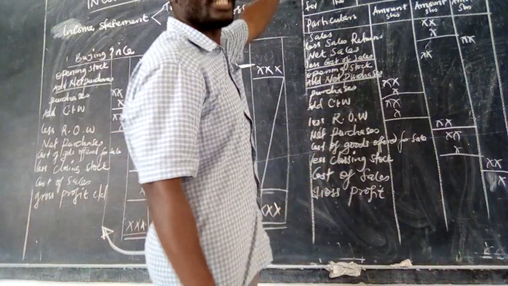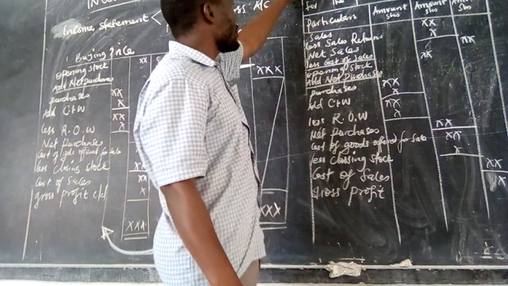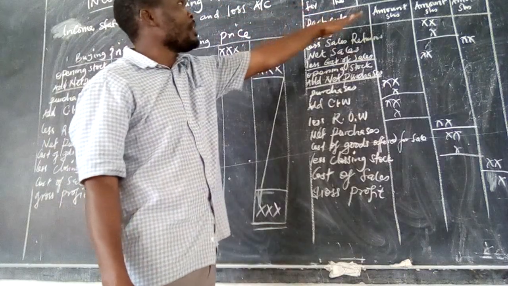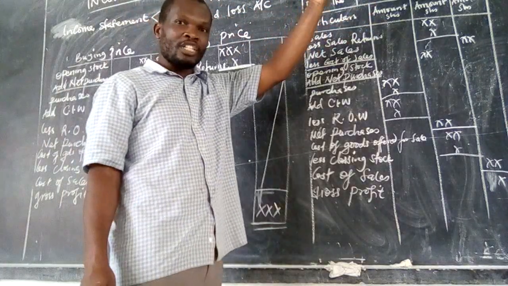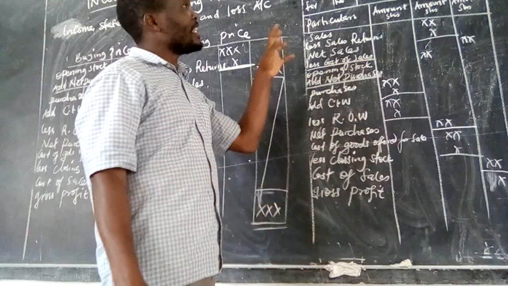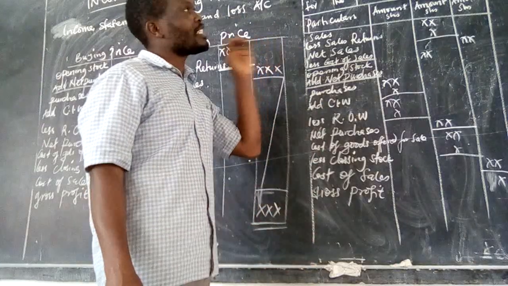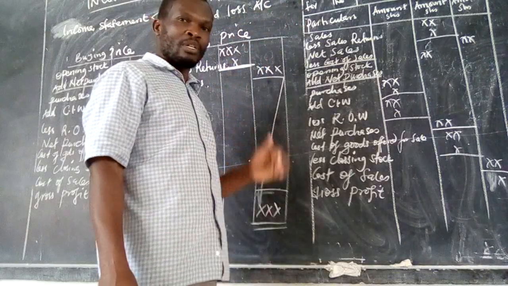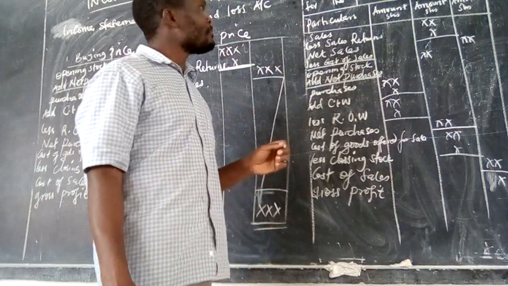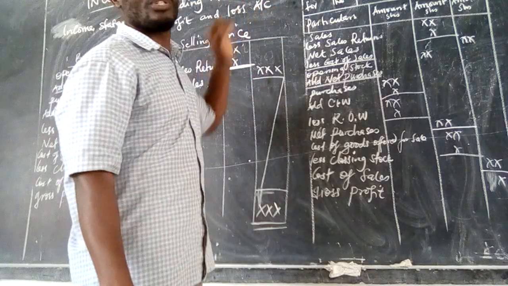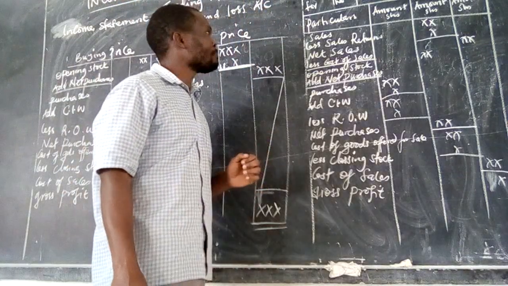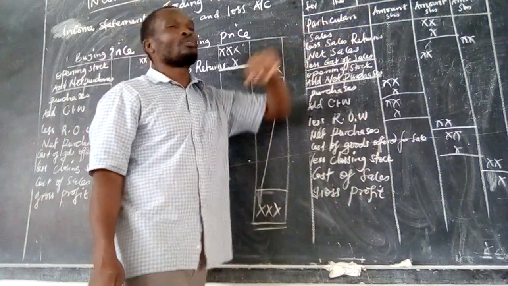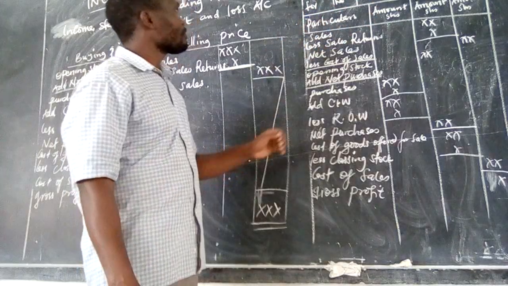So I wrote the title of this particular business, maybe Sendme income statement for the period ended. Remember, in our previous sessions, we said make sure that the title has 3 lines. The first line, name of the business. The second one, the document you prepared. That's the income statement. The next line, the period in which you prepare this statement. So if we have particulars, amount, do not forget the units.